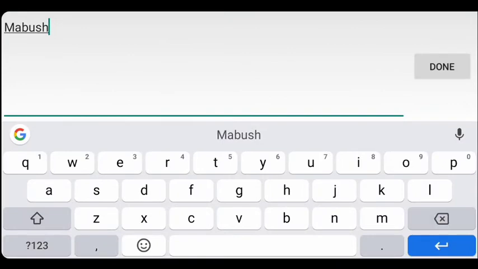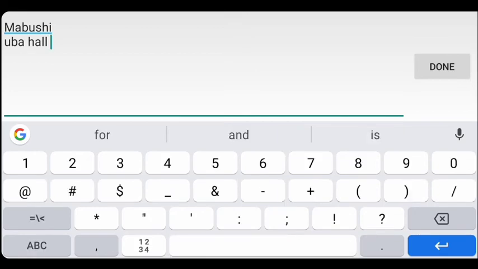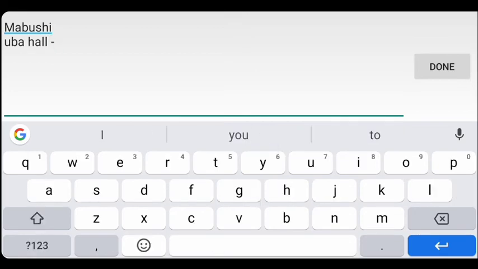Let's say the Mabuchi down, then Uba hall, hyphen, opposite environmental,